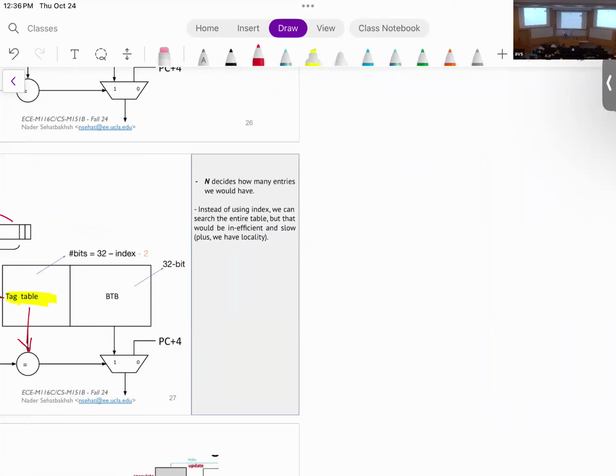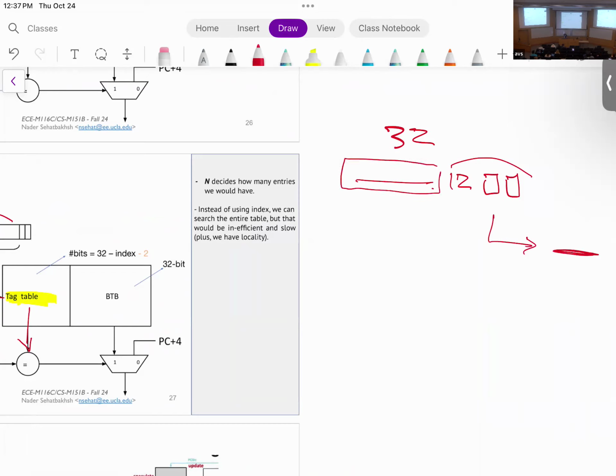For example, if I have 12 bits here, and I have a total of 32 bits, and I'm not really using the first 2 bits, then every bit here has a unique mapping in my table. I don't need to change this. I only need to store this part of the address as the tag here. So I'm going to only compare this part and this part together to know whether these two are matches or